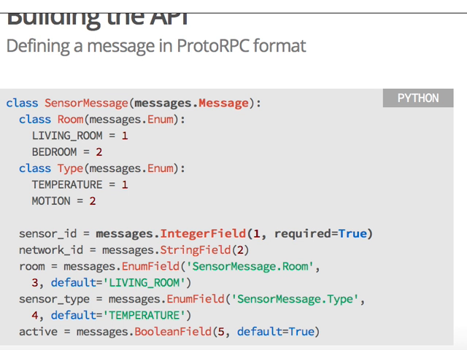So we define a class we inherited from message. Now, this is a class provided by Cloud Endpoints framework. We define the same 5 fields, basically, although the types of the fields are different. There are integer field, string, 2 enum fields. Well, I just use them as an example, and a Boolean field. Now, one little thing here is you can see that every field has got a number associated with it.